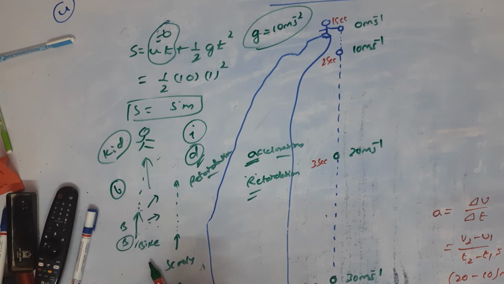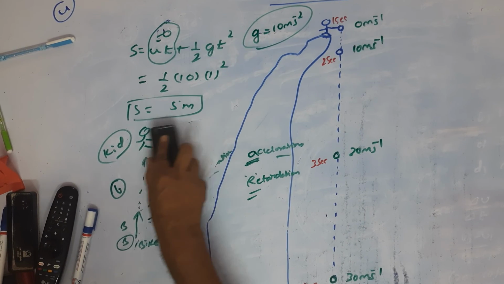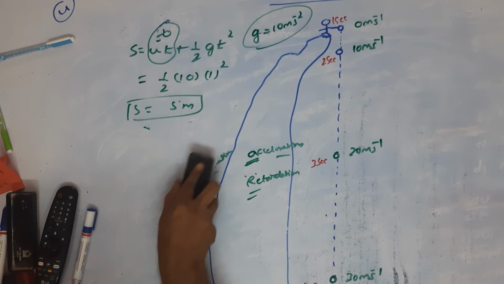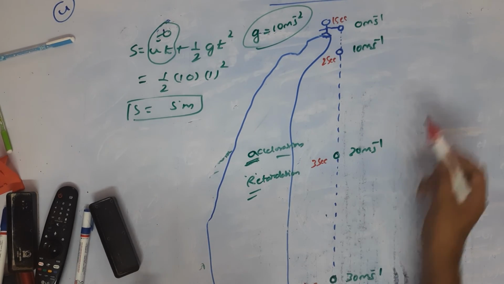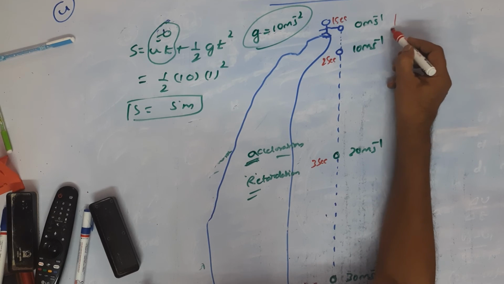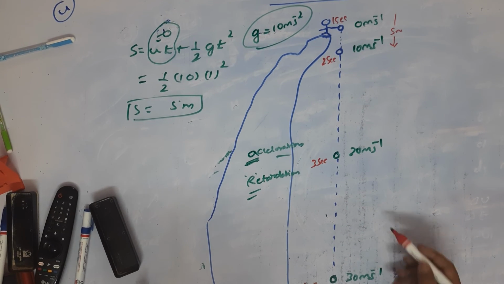Okay, now I will go to the next part of this one. It is very interesting. Now can you tell me what is the distance? I will give the options, and you can look at them and proceed. It is like this. What is the distance traveled by this? For this one, from here to here, 5 meter is traveled, no doubt. What is the distance traveled at the end of